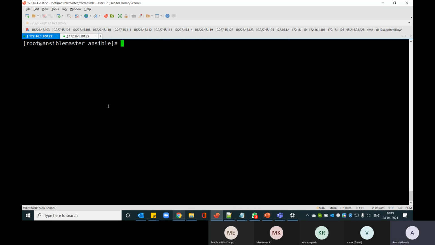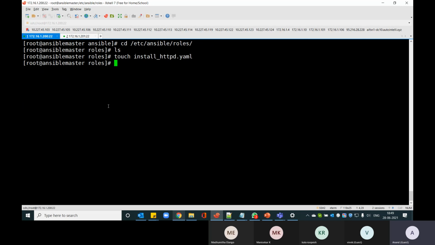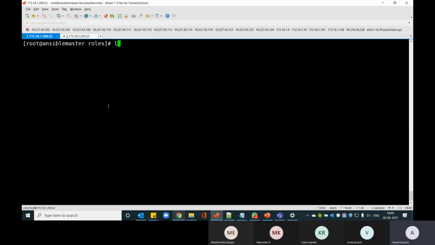So let us start writing our playbooks. For that, let's go to the default location, /etc/ansible/roles. Maybe we can create an empty file like install-http.yaml. As I mentioned, Ansible understands all the playbooks in a language called YAML.